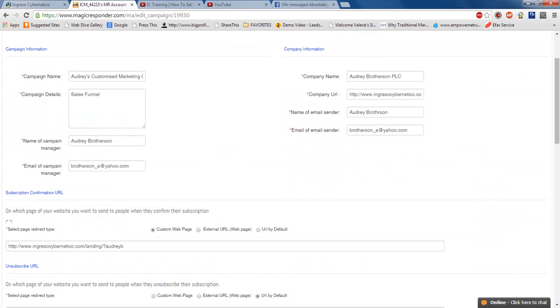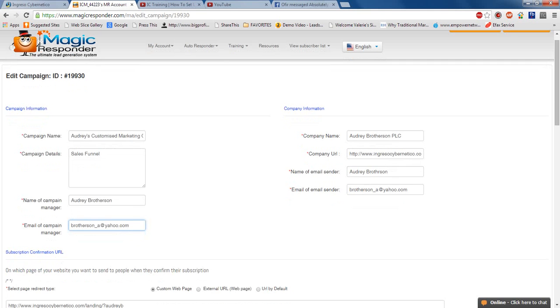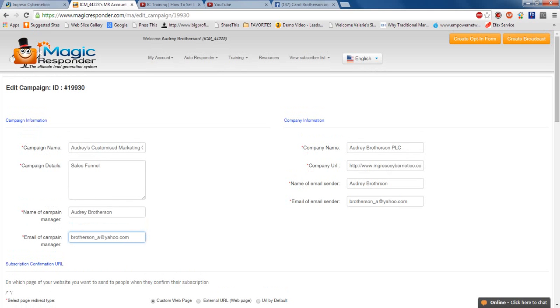Okay. And a couple of things that we want to pay really close attention to here. Double check and make sure that the email address that you have put in is where you want your opt-ins sent. I know that a lot of us are using multiple email addresses. This is really important because you do not want to miss inquiries or opt-ins and notifications. You want to be Johnny on the spot with getting back to people. Okay? So with that being said, going back over to